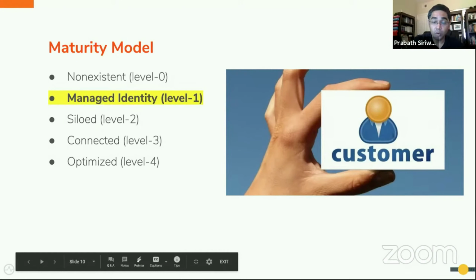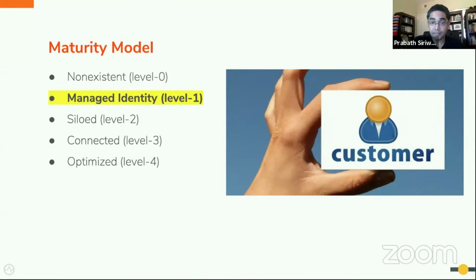At level 1 or the managed identity phase, you only worry about onboarding your customers to the system and digitally manage their identities. Even under level 1, the emphasis different companies put on how they want to manage their customer identities varies.